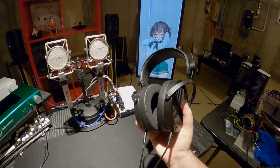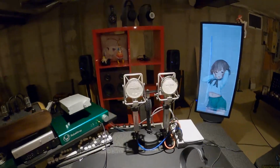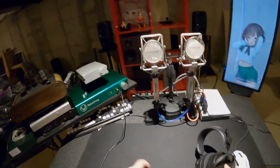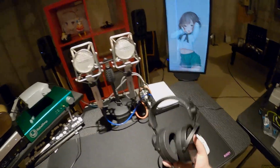One of the things about the HE500s was that you knew you had HE500s because they weighed enough to be used as a boat anchor. You just put a chain on the top, fling them off your boat, drags along the seabed floor, hooks onto a rock, and you stay there. These are...